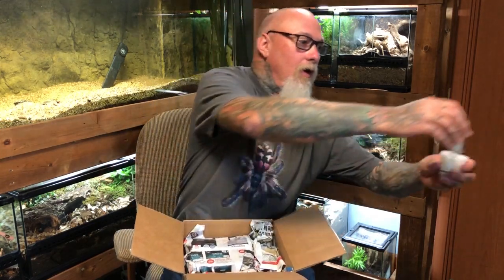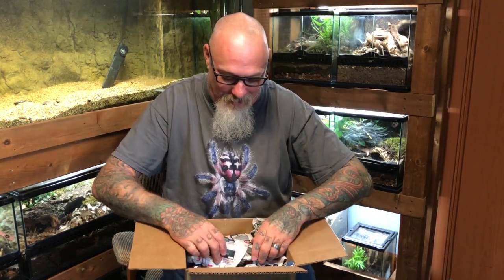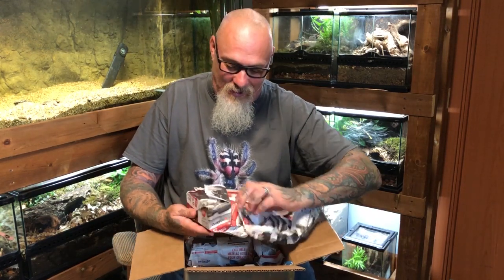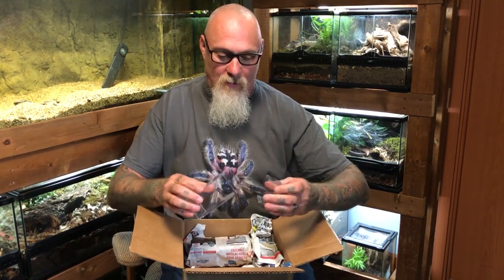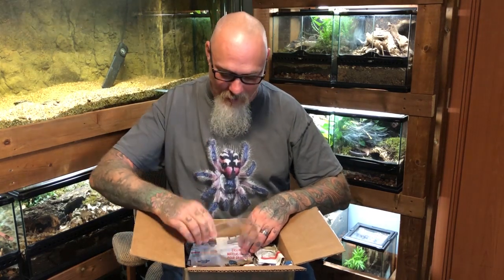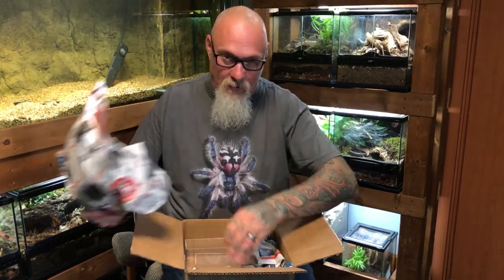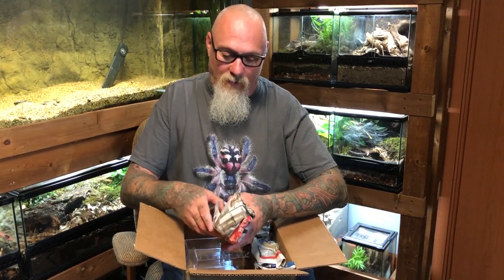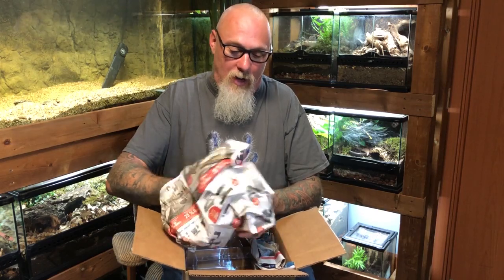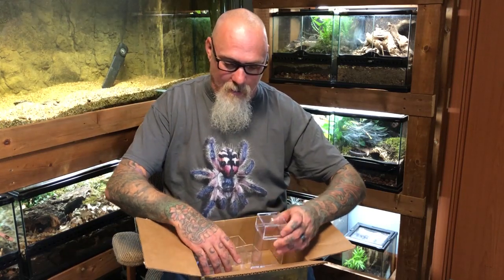Oh, I know what else is in here. I understand what else is in here now. The names are printed in such small printing, even on the little vials, that I can't even show you. If I held it up, you won't even be able to see it. Now I understand why the box is a little bit bigger, because I ordered some AMAC boxes. These are kind of the standard for the industry. These are AMAC boxes out of the US, and they're used for all sorts of different things, but for housing certain tarantula species, these things are wonderful and extremely economical. So I ordered 3 of those to house those 3 individual ones there. If I'd gone to a 4th one, it would have changed the shipping aspect of it, and I've got lots of containers, as you guys know. So we got our 3 AMAC boxes